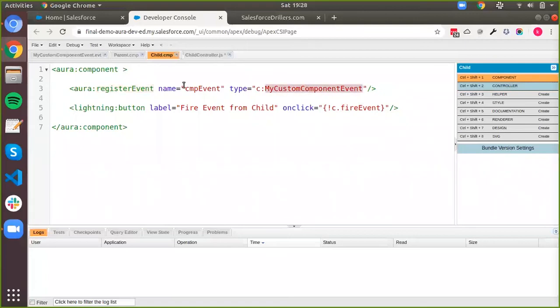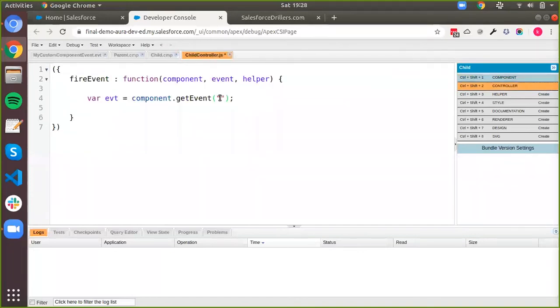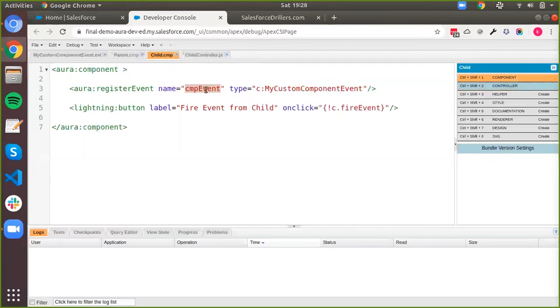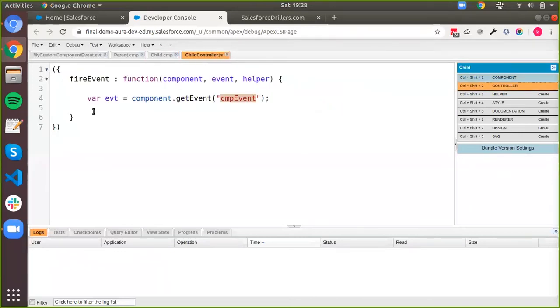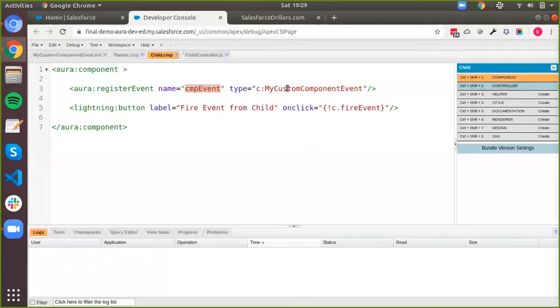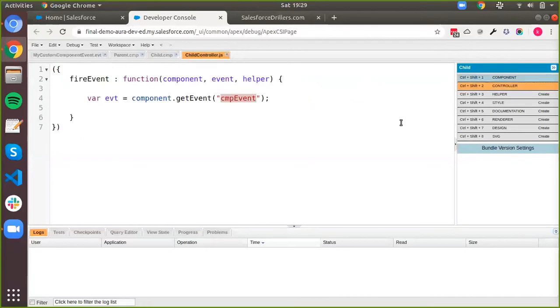So this event is bound by this name for this component. So I copy the cmpEvent from here and I write it here and I save this. So now this event is bound to this cmpEvent register, and then in turn that evt variable is bound to this event.